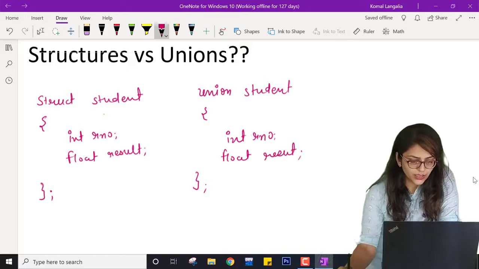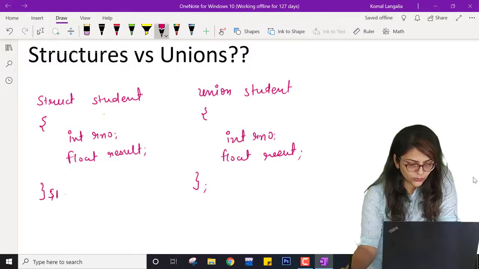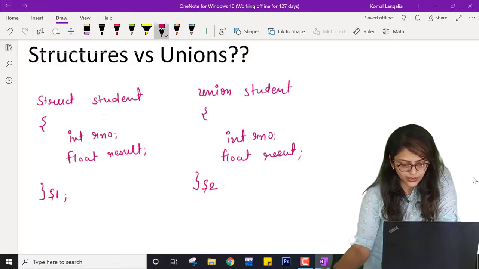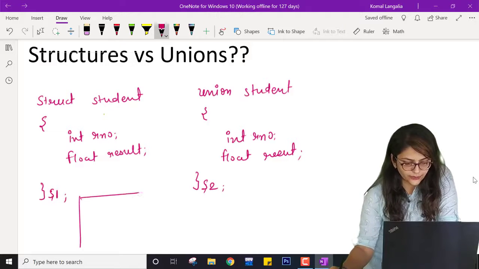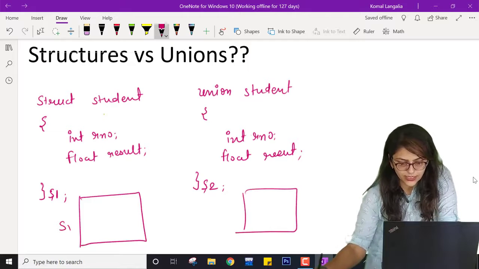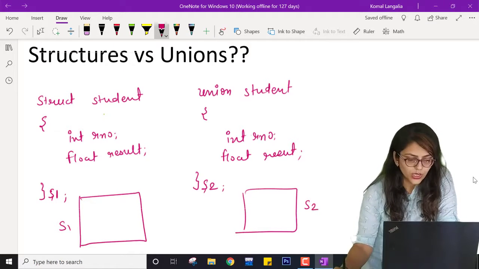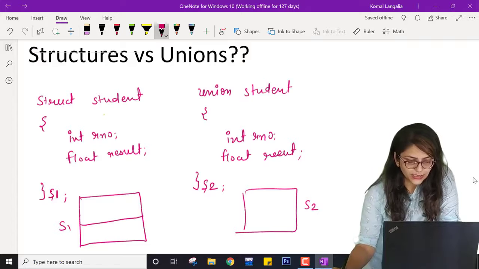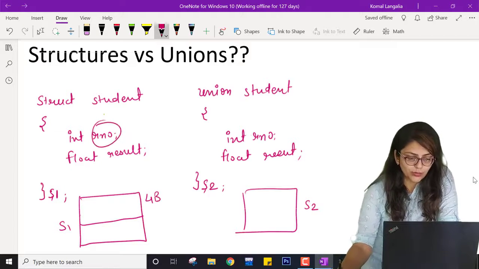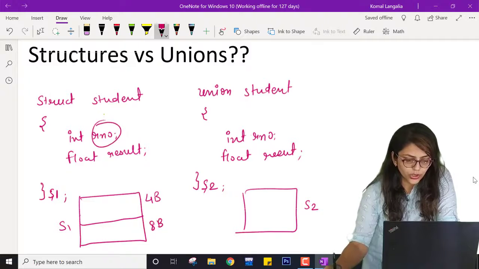So what is happening, if I am writing say S1 over here and S2 over here, the spaces are created for S1 and S2. Now in this space, it is giving 4 bytes to roll number and 8 bytes to result.